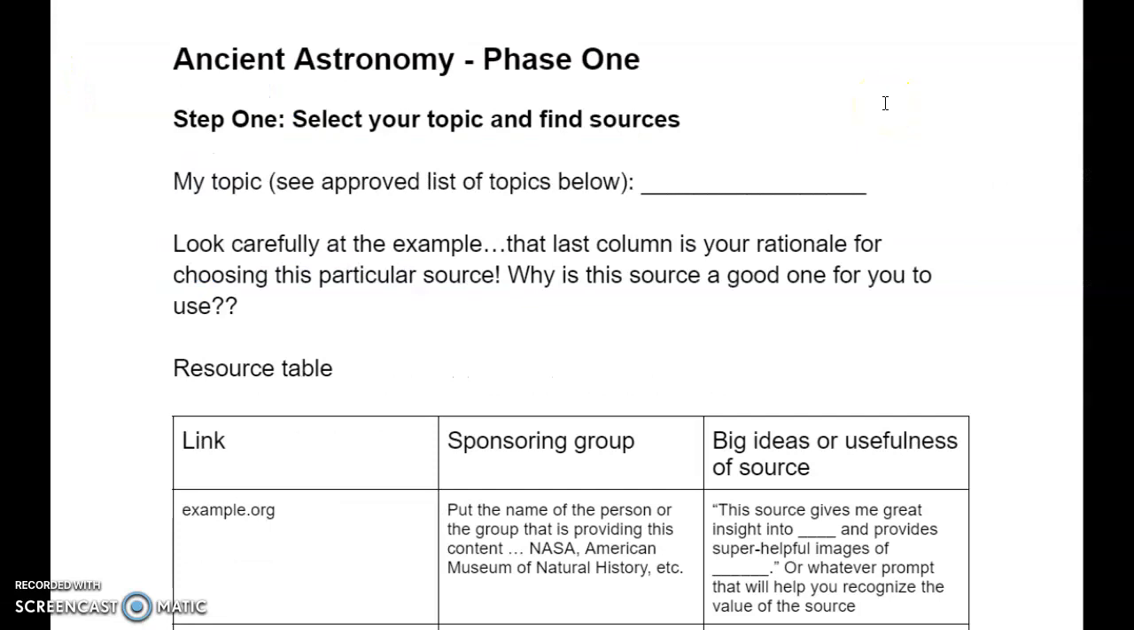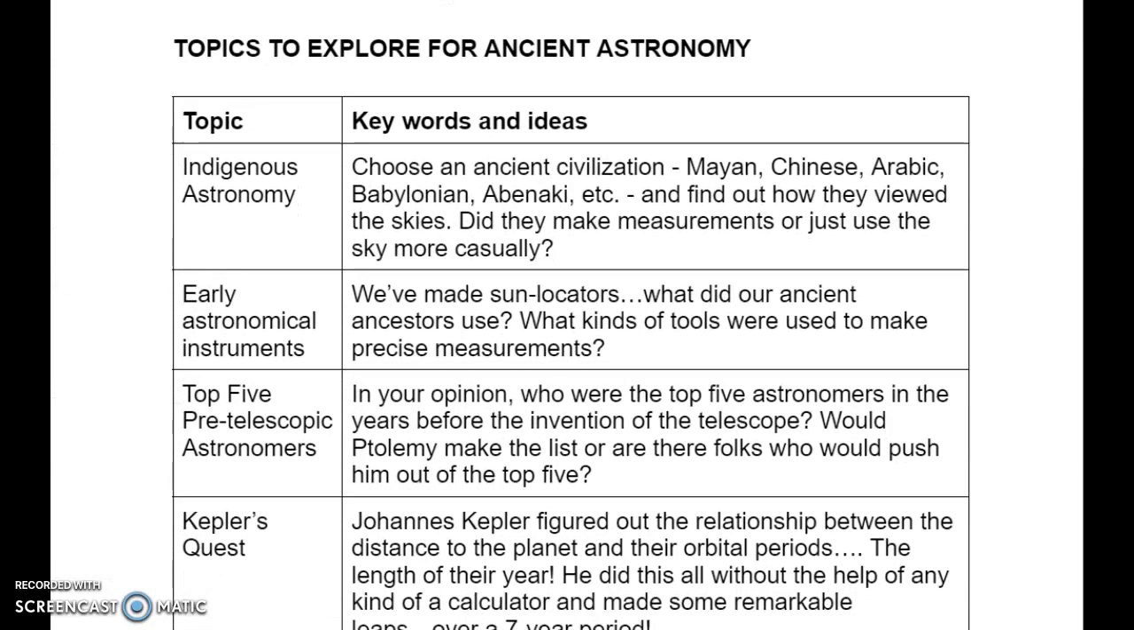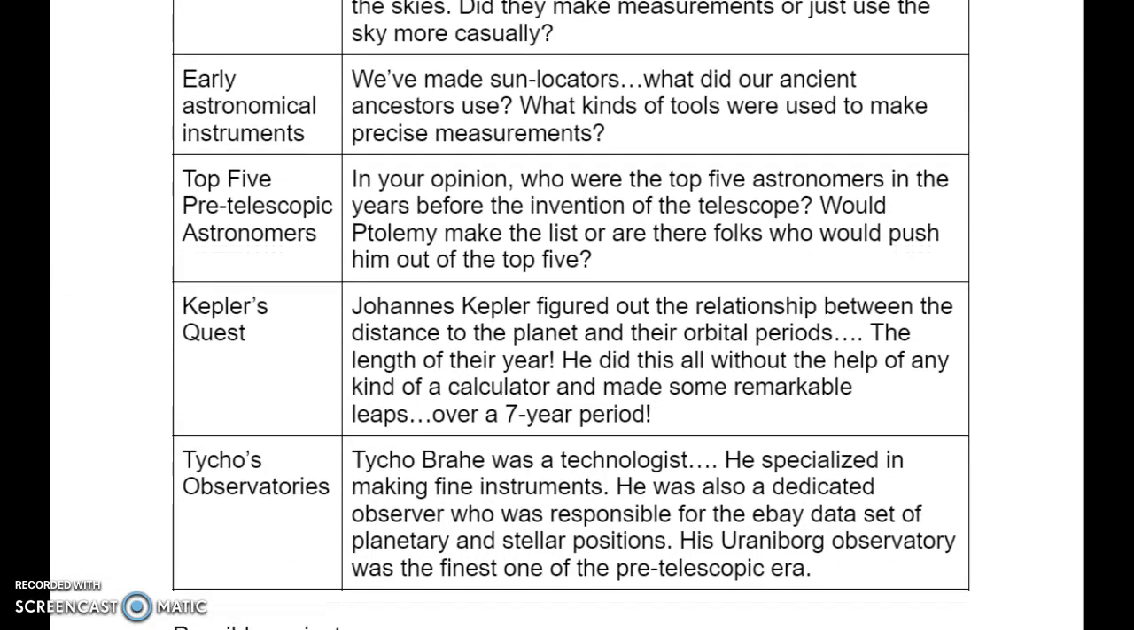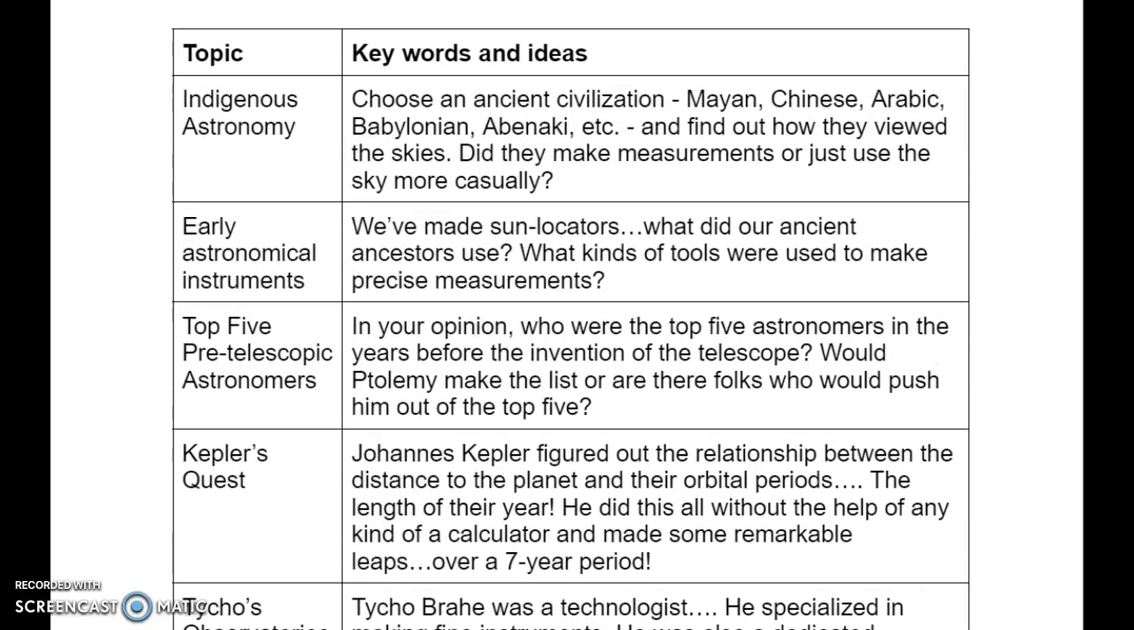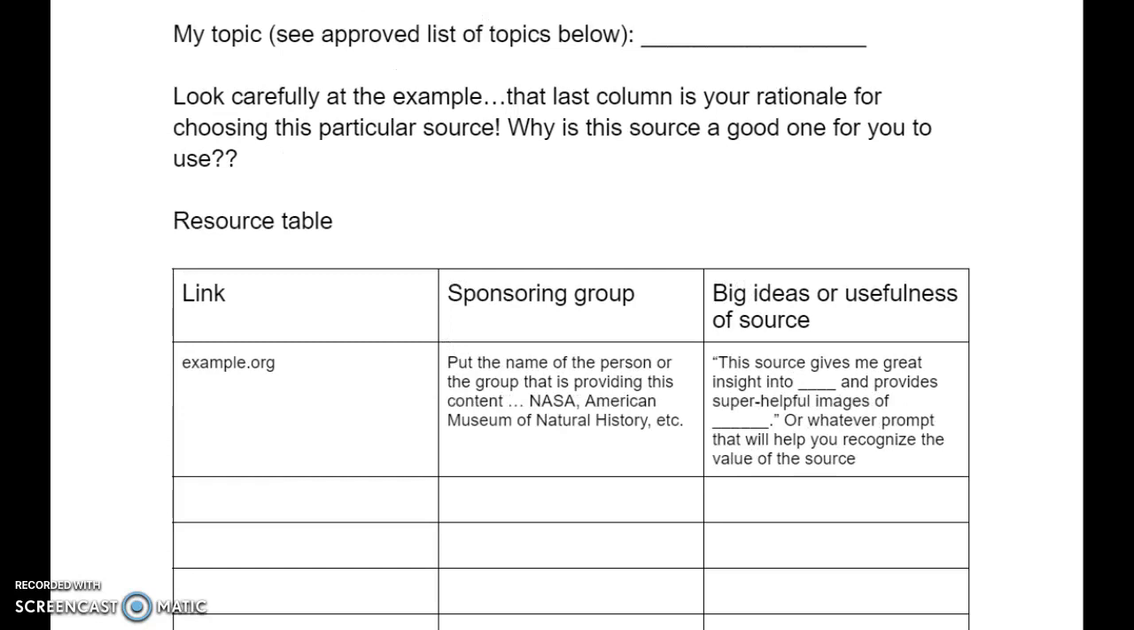So you open it up, it says Ancient Astronomy Phase 1, right? Select your topic and find sources. Okay, so list your topic here. The list of topics is below. I'll scroll down there for you to see. Okay, it's on the back side of the paper. There are 5 there for you to think about. Pick one of those, and then you're going to start looking for